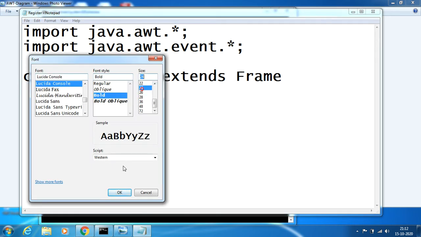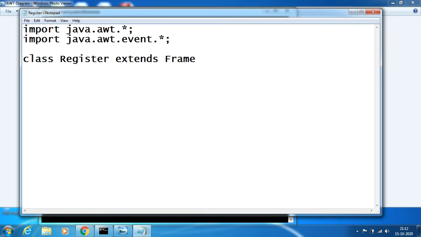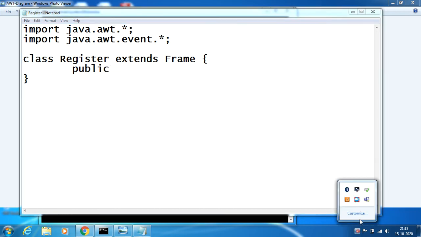So I just decrease the resolution now. This is the way you have to extend a frame in order to create a frame. As we all know, for an applet we need two important methods to be overridden: one is the init method, and another one is the paint method. Likewise, for a frame we need two things.